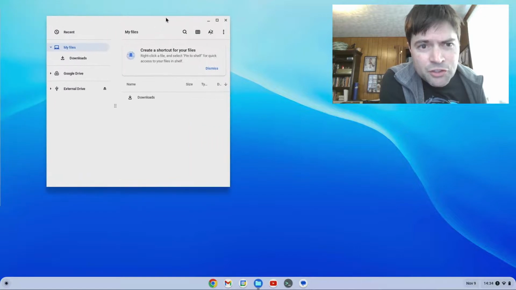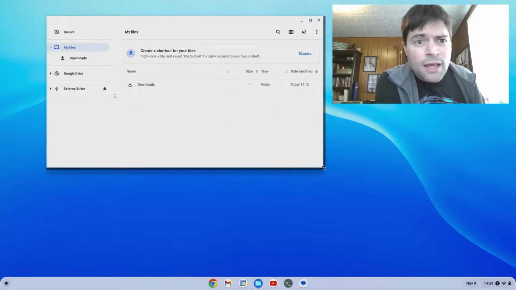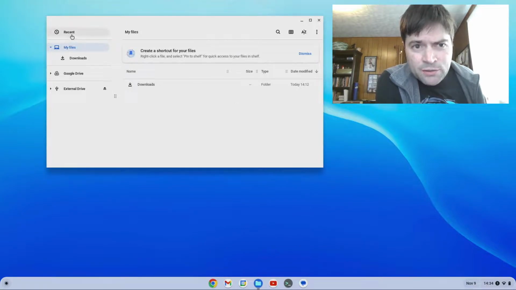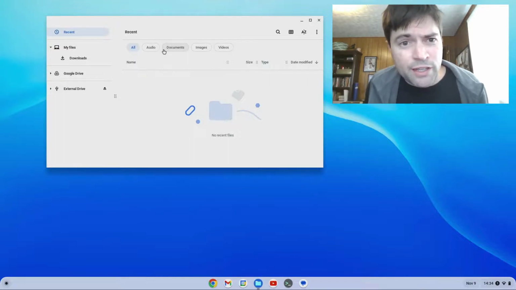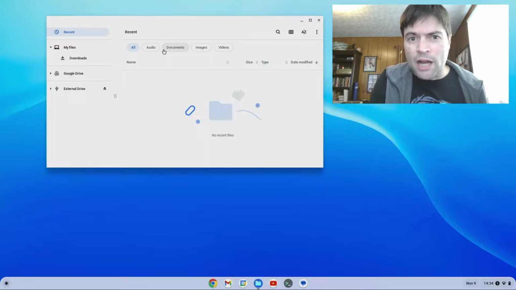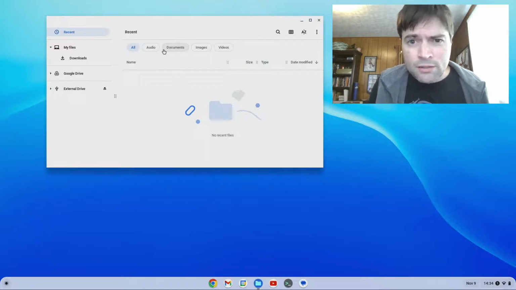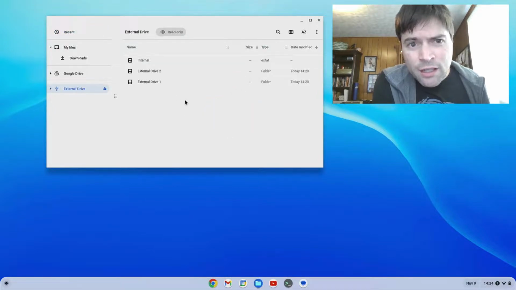And one of the first new things that is actually in ChromeOS Flex 107 is on the recent files tab here. They've added filters. I guess the filters weren't there before, and now they are. So if you have a bunch of recent files, you can now filter it by audio, documents, images, or videos. So that's kind of a handy addition. But if we go to external drive here,